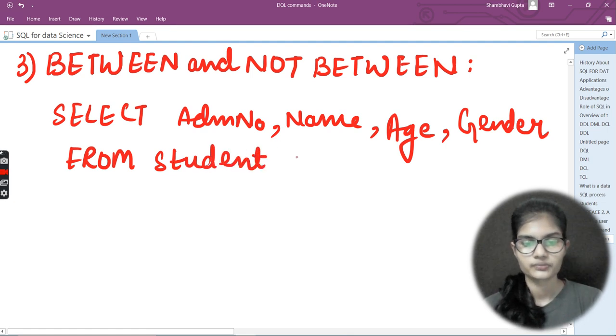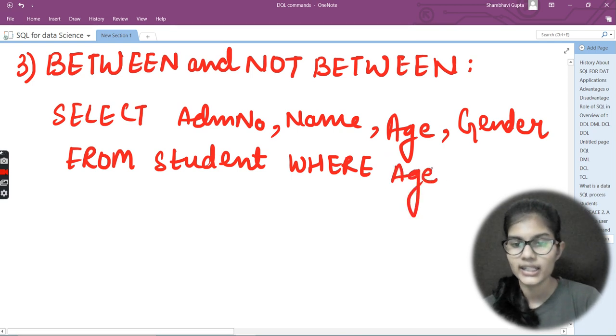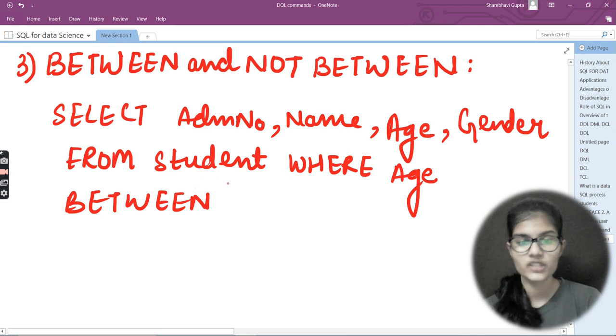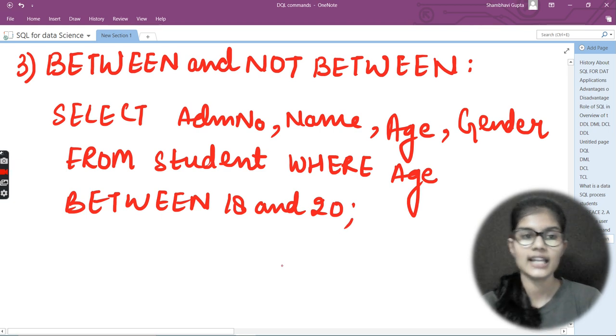Where comes here. Now, between is not used separately, it is always used with the where clause. Let's say I want to go with the age parameter: where age between 18 and 20.